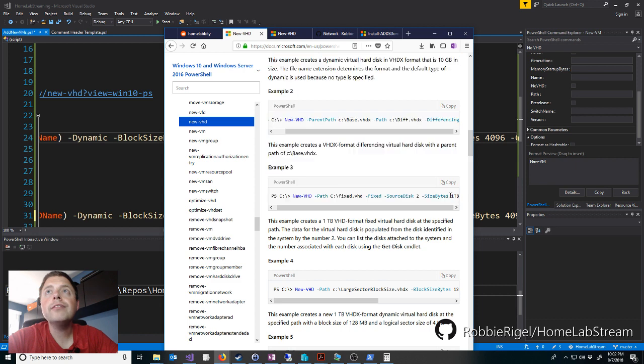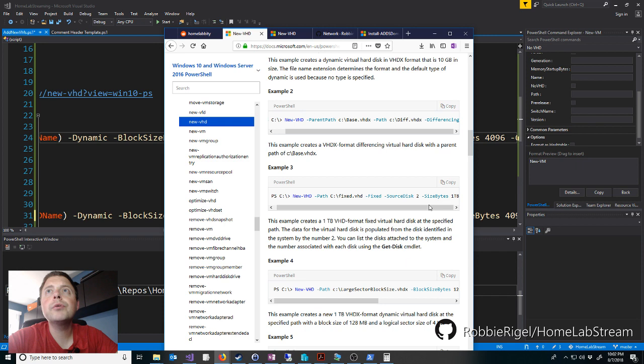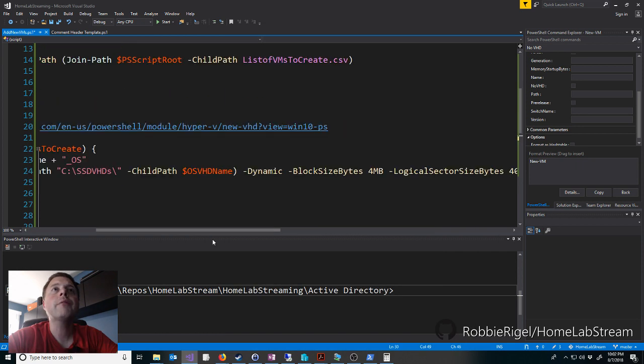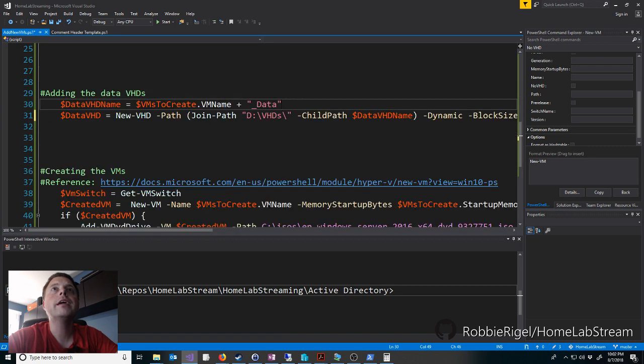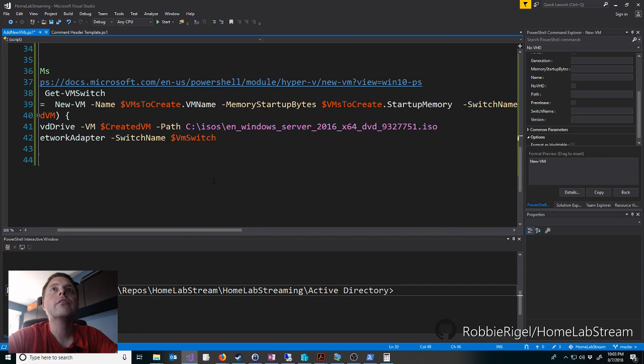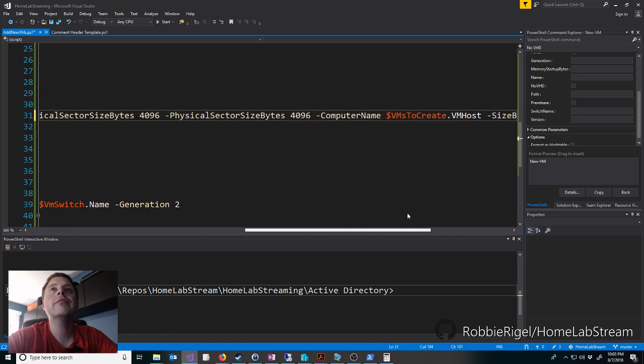No, they used size in bytes. They used a single thing there, and they didn't put it in quotes or anything. So, well, maybe I'll just put this in quotes here, just to make PowerShell happy. Scroll down here, size in bytes here, 4 megabytes, because it is looking for